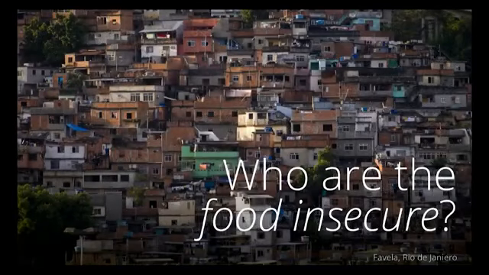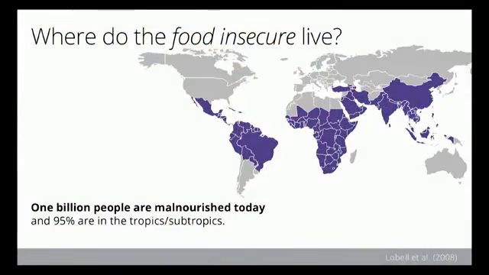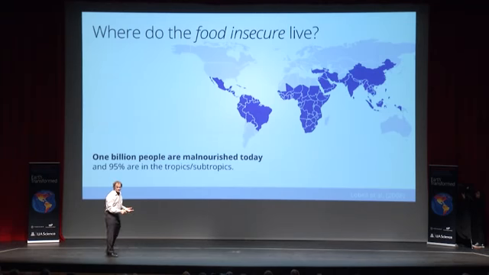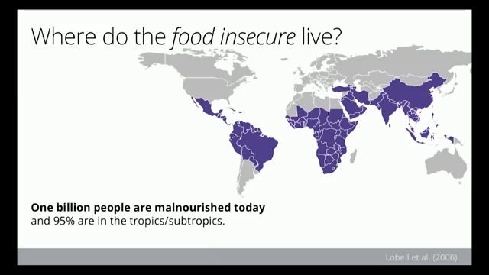Before we start, let's just reflect on who are the people today that are food insecure. There's about 1 billion people in the world right now that are food insecure, meaning they don't have enough calories on a day-to-day basis to live healthy lifestyles. They live in these countries that are colored here, mostly in the tropics and the subtropics. Now, I'll just define this now. In my field, climate science, we define subtropics as basically between 30 or 35 degrees south and 35 degrees north. And then the tropics, the deep tropics, is right around the equator. That's where these people live.